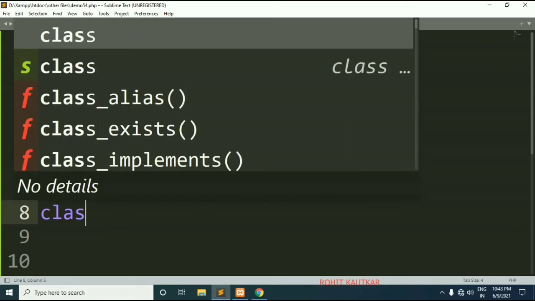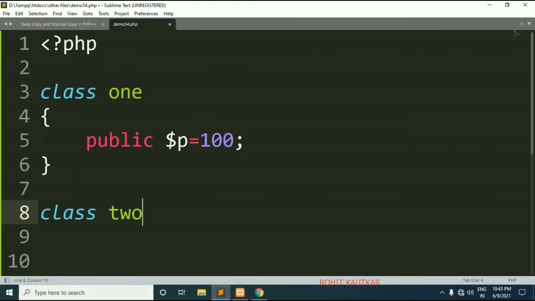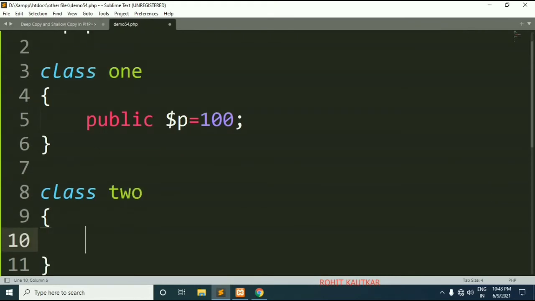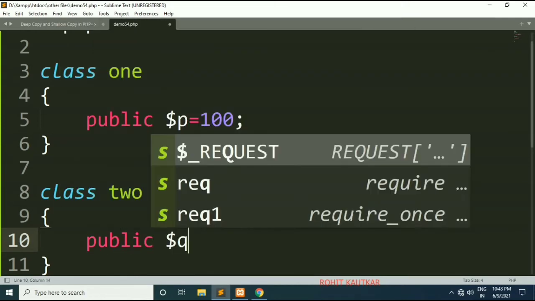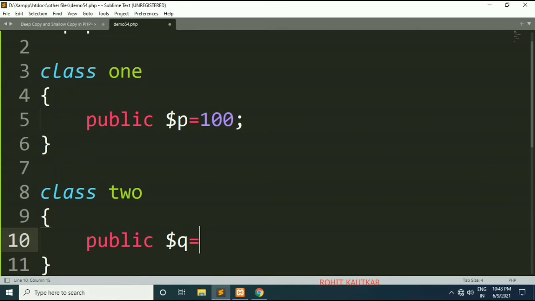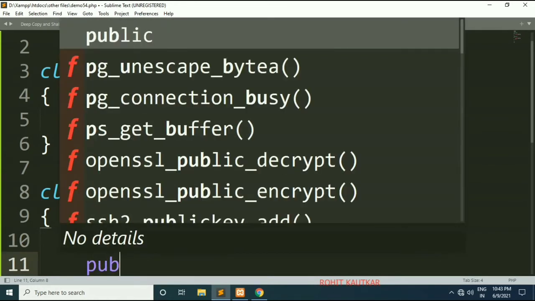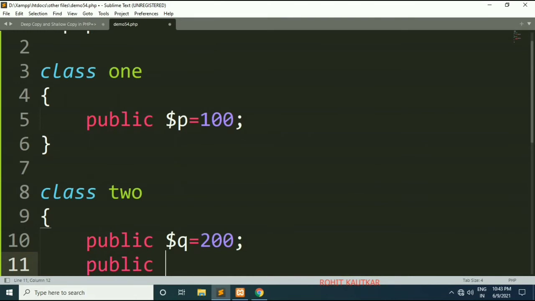Now I will create another class, class2, and within this class I will specify the property, let's say public $q is equal to 200, and I will create one object here, let's say $obj.